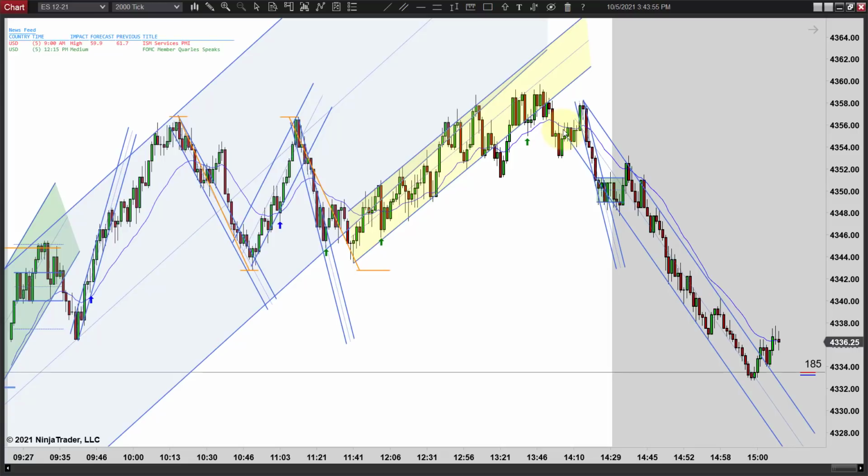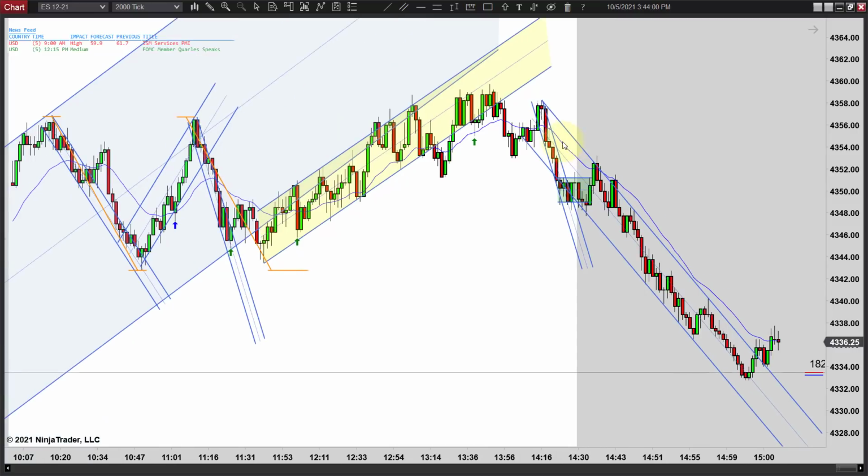You can see there was a first entry, second entry. It looks like it was going to fail. And there might be enough ticks in there that you could have got out of that, but I wouldn't risk it. Notice that you got one bar and then you get an inside bar and the trend is up. So yeah, there's only 3 ticks in there, so no way you're getting out of that trade. And then you get stopped out, and then it goes right where you thought it would go.